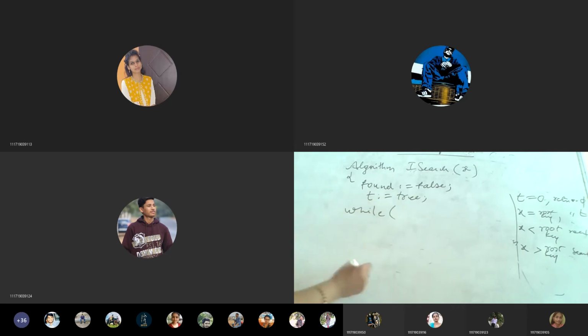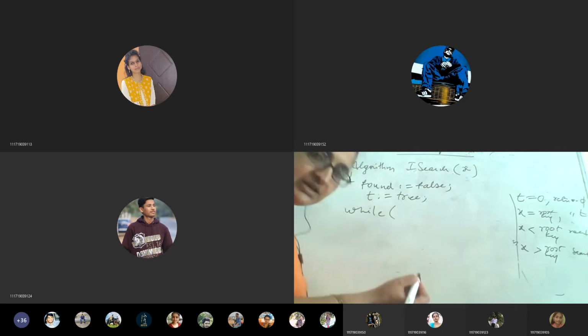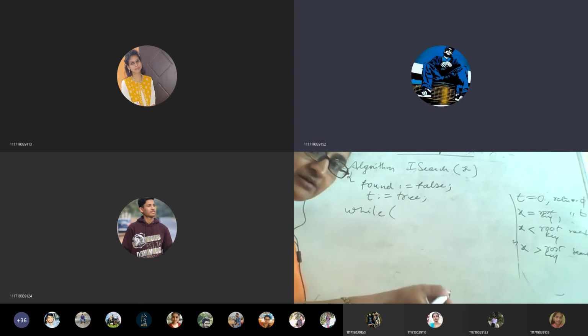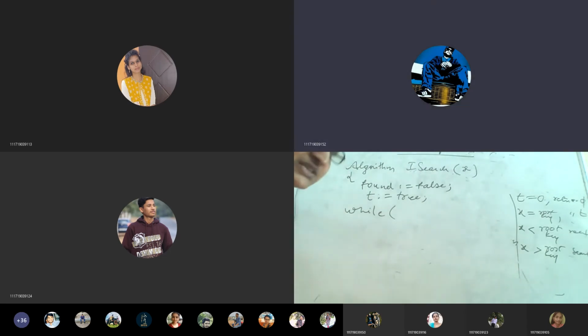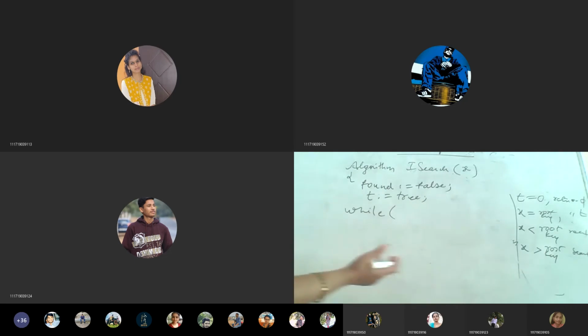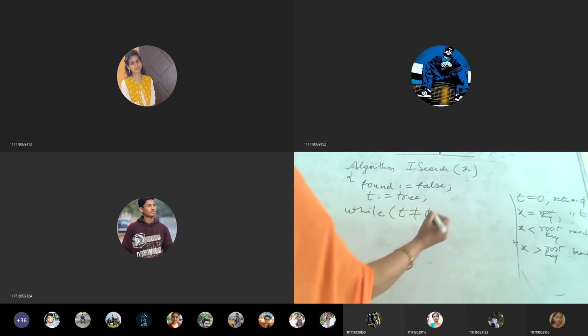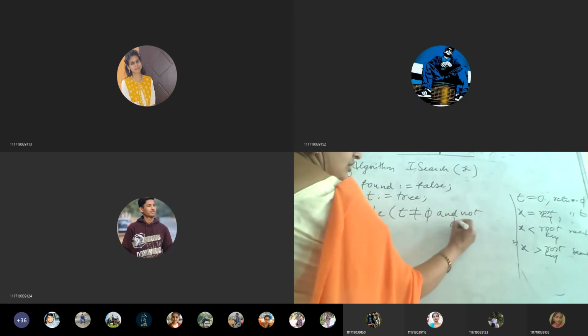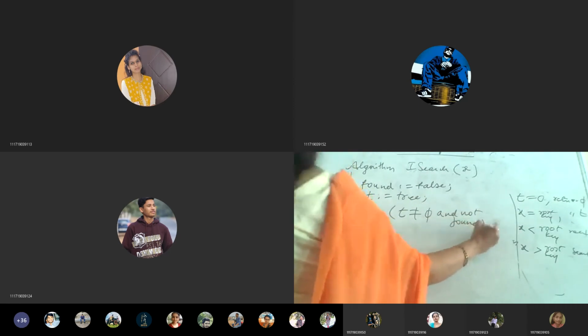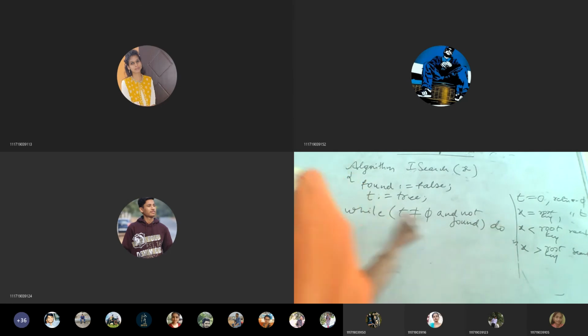In the while condition, what can we write? We start searching for the element while t is existing and not found. So while t not equal to null and not found, then do.